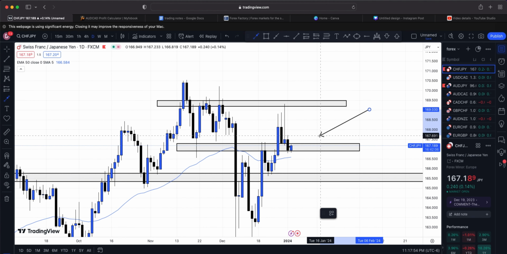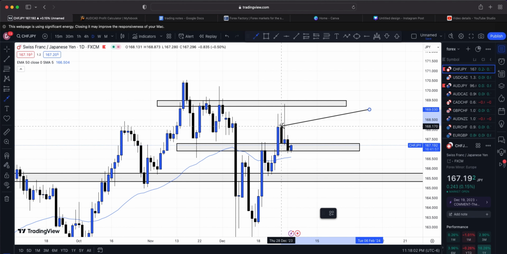The reason I have that zone is because if we look on the left, we see price has rejected. We have that push up, that push down. We broke above that previous resistance, and now we are at previous resistance acting as support. Plus, we also have that 50 MA right underneath price. That's all it is. Now, for our take profits, if this trade does play out, because if we look left,